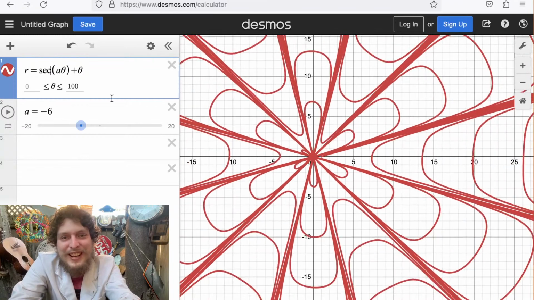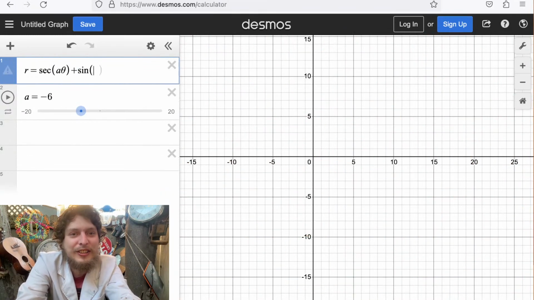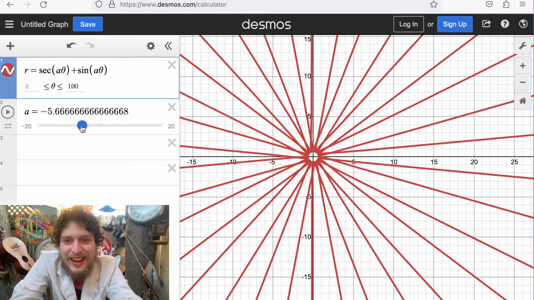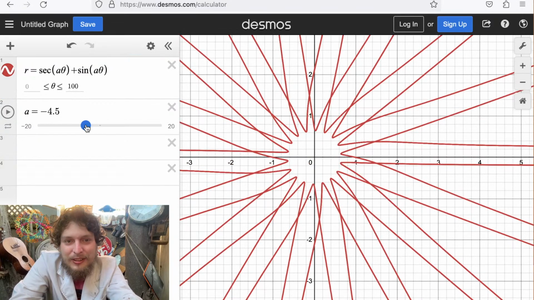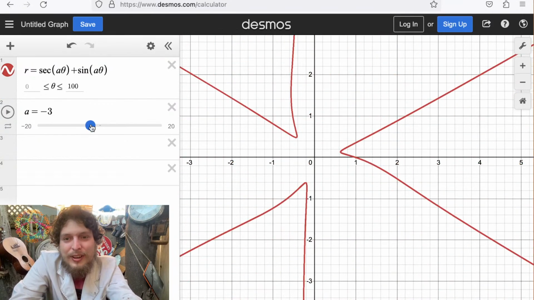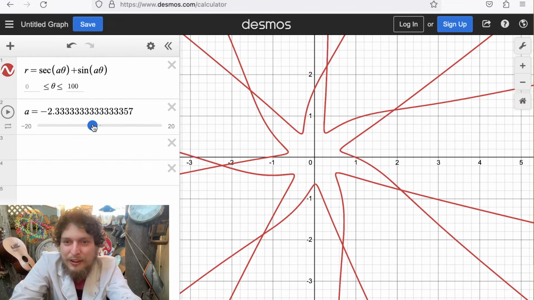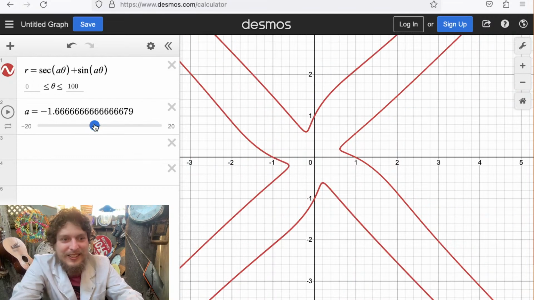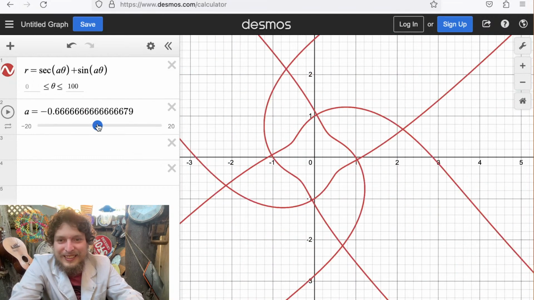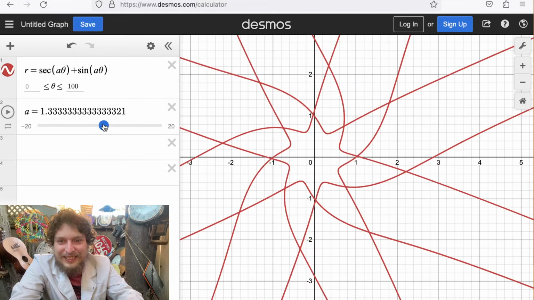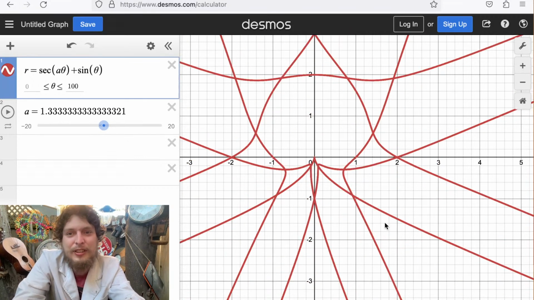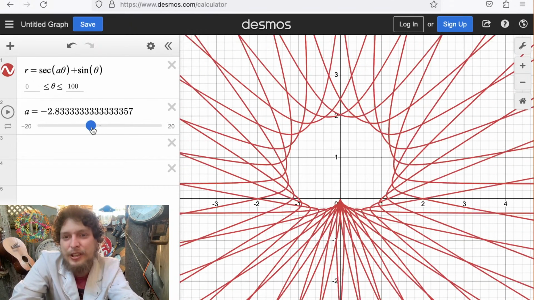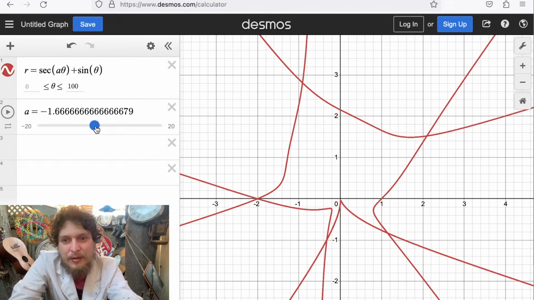Now, to take it a little further, we could say add each of those. Secant of a theta plus sine of a theta. This one we need to be zoomed in a little closer to see. And this one starts giving us curvy things. When we have two trig functions, we're getting this shape with a certain amount of spikes, but they're starting to bend. Now, if I even just do this, that's almost crazier if only one of them has the A. And like I mentioned, if I give one of them B,